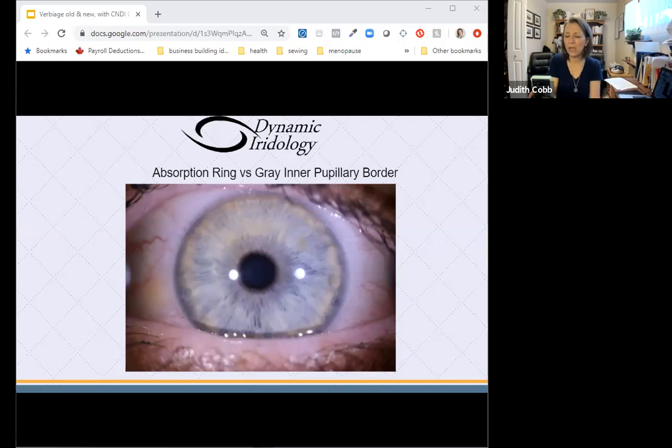And it used to be thought that it meant that there was a problem with absorbing food, absorbing nutrients. What we now know is that this correlates to the stomach lining, and it teaches us about the stomach's inherent ability to be limited in its ability to secrete digestive juices. Now, the interesting thing is that calling this an interpupillary border is actually a correct ophthalmological term, which is really cool indeed.